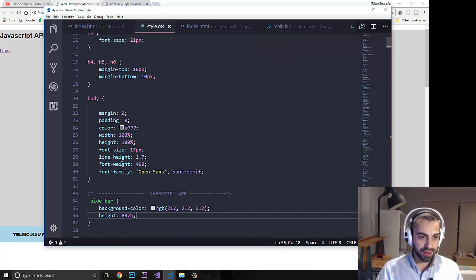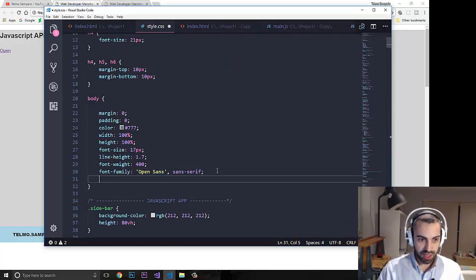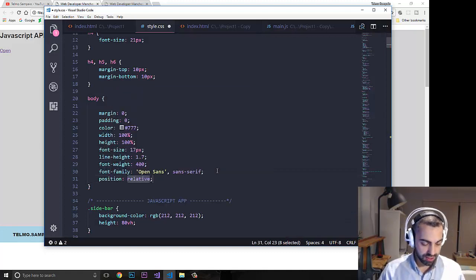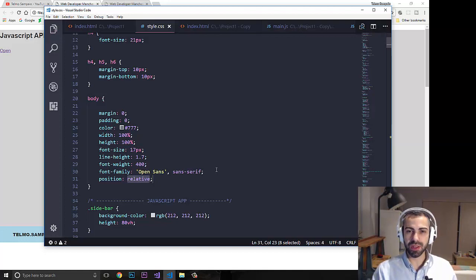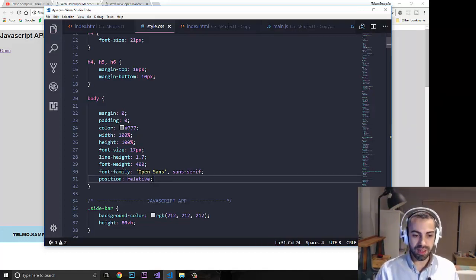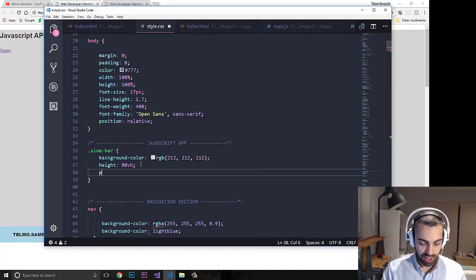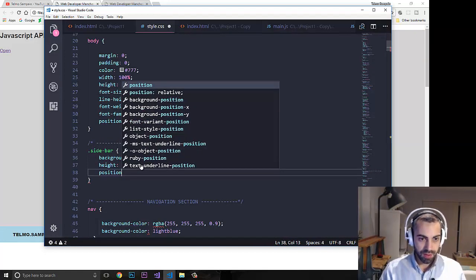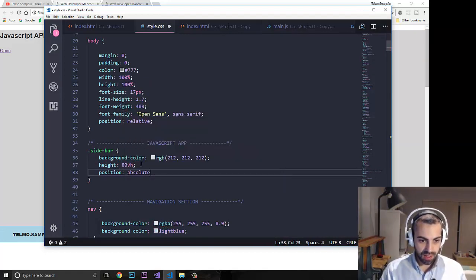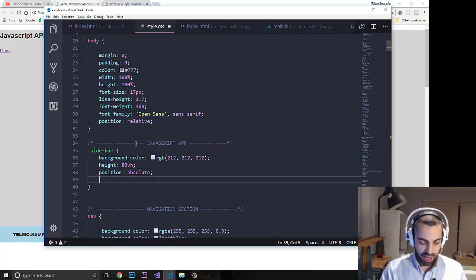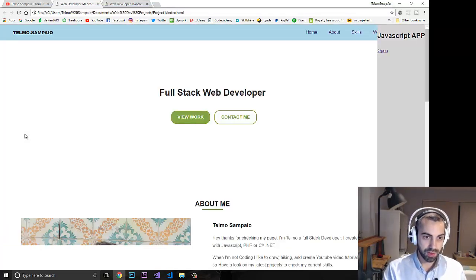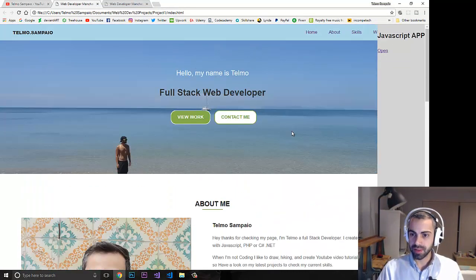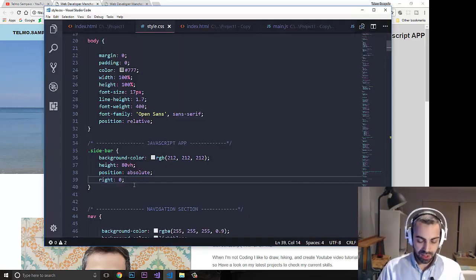Let's see, body. I'm going to put in here on body position relative. I explained in some previous videos how position relative and absolute works. So basically I'm putting the parent element position relative, and in this one I think I can put position absolute, and I want it to have right 0. Okay, so now it's in here on the right. So this is what we want, and let's put it a top